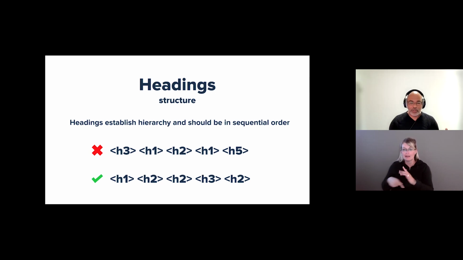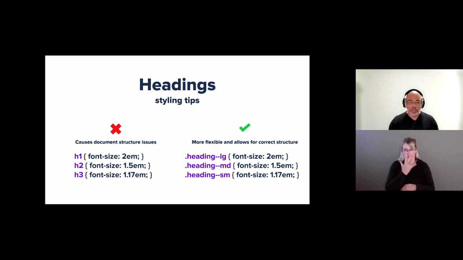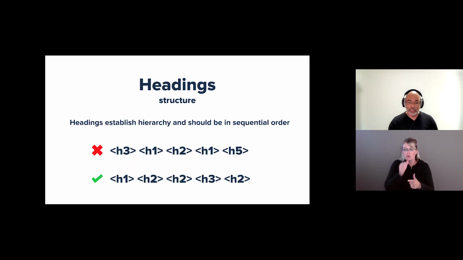You don't want to go from an H2 to an H4. That right there, when I see that when I'm auditing someone's application, that tells me that they went solely off of how it looks. Instead, what you want to do, you want to have classes inside your design system that the engineers can apply to any of the headings. This way, they can structure the document correctly first, then apply the correct styling based off of how the designer has laid it out. That way, you don't end up with all the different hodgepodge of heading structures all over the place.